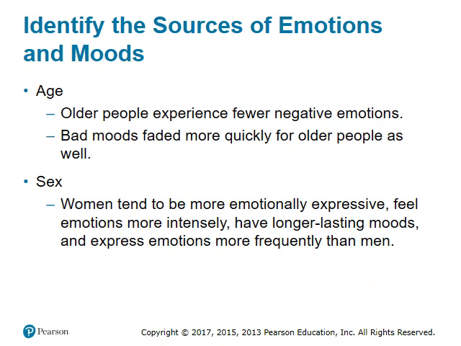Some characteristics that are beyond our control can impact our moods, such as age and sex. Elderly people tend to have fewer negative emotions, while women tend to express their emotions readily and their moods tend to last longer. Research has shown that this is due more to cultural socialization than to biology.